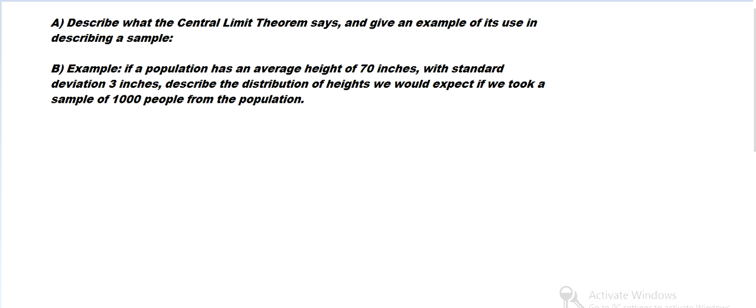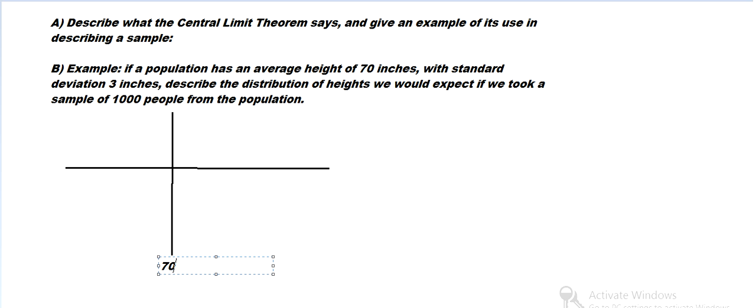I've got a question about central limit theorem for means from a student. Let's say we've got to illustrate with an example, a population that has an average height of 70 inches. So we try to draw this on the graph. If they've got an average height of 70 inches, so we've got 70 inches here,